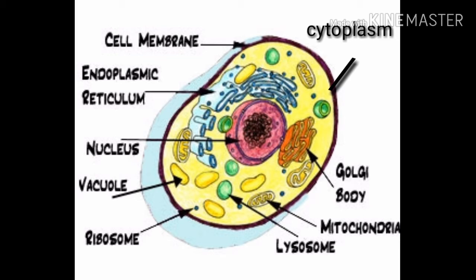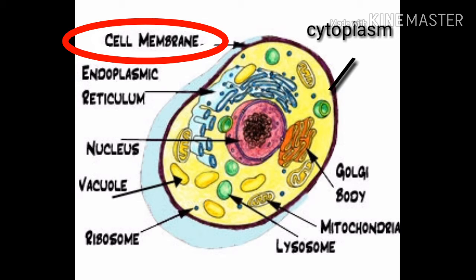As you can see, the cell is covered by the so-called plasma membrane or cell membrane, which is a phospholipid bilayer with embedded proteins that separates the internal contents of the cell from its surrounding environment. The plasma membrane controls the passage of organic molecules, ions, water, and oxygen into and out of the cell. Wastes such as carbon dioxide and ammonia also leave the cell by passing through the plasma membrane, usually with some